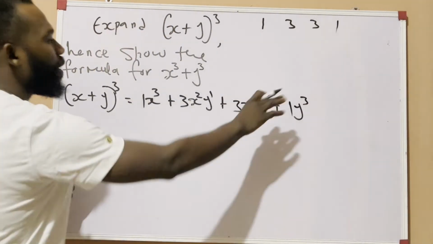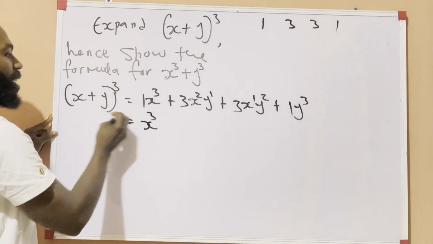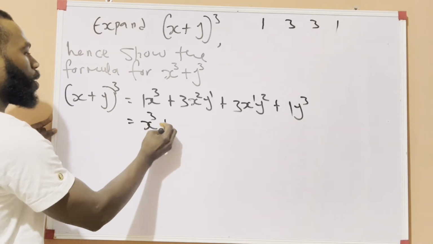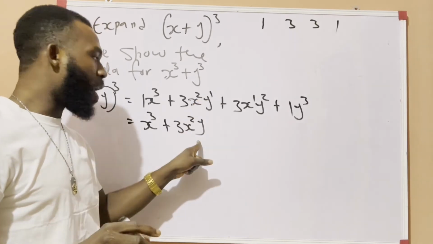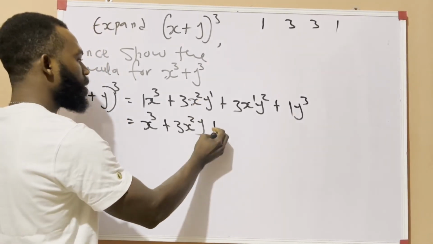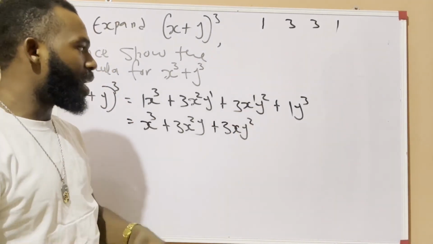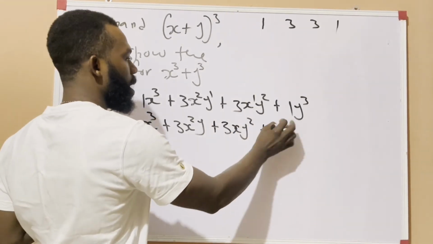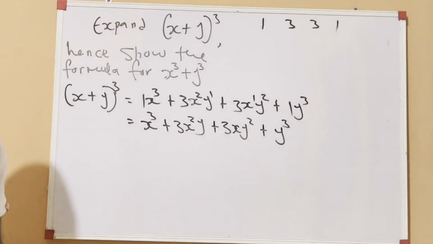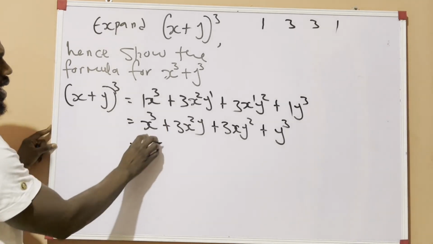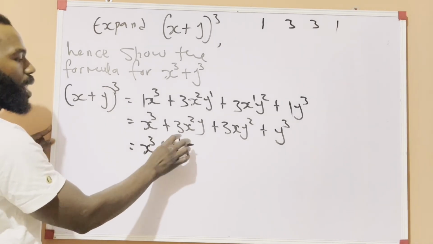Okay, good. So for us to analyze this, it means our answer here is 1x raised to the power 3, which is the same as x raised to the power 3, and here becomes plus 3x raised to the power 2 y, because y raised to the power 1 is y, nothing more. Plus, here also is 3xy raised to the power 2, because x raised to the power 1 is x, nothing more. Plus, here, 1y raised to the power 3 also gives us y raised to the power of 3. So from this place, we can say x raised to the power 3 plus y raised to the power 3. Now, plus